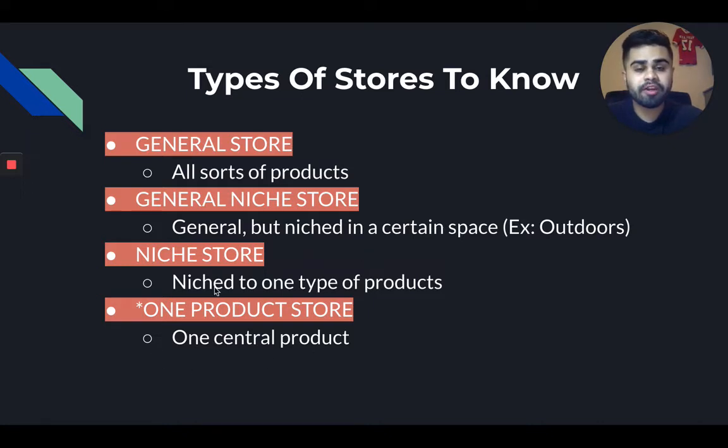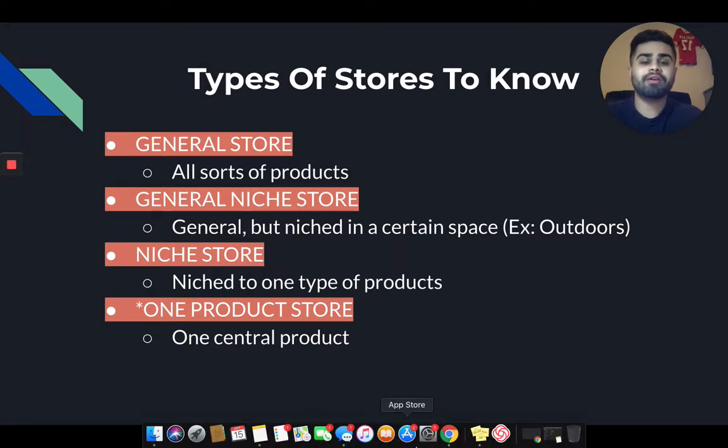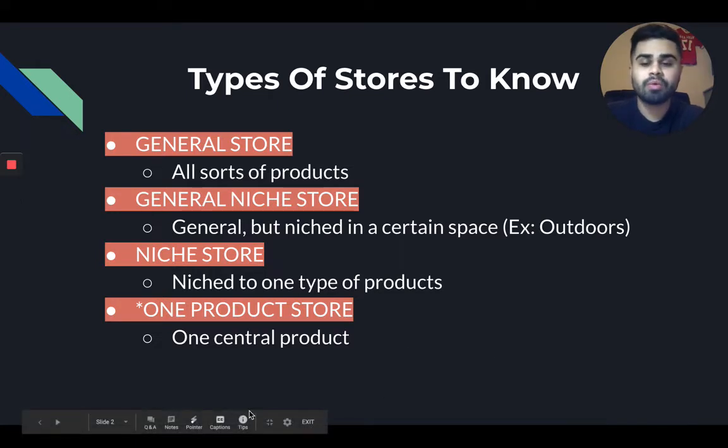Now, I really, really prefer a one product store because you have a lot of potential to really brand your product. With these types of stores, niche stores and one product stores, you have a lot of potential to brand a certain type of product, because you're really calling it your own. You're really making that product your own, right? Now I can make another video if you want. Drop a comment below in terms of what each store consists of, especially the one product store. Because again, branding is what will set you apart from your competitors. You want to stand out from your competitors, right? So one product stores, guys, are very, very effective.